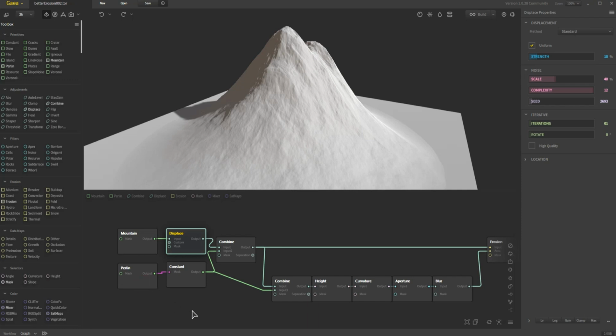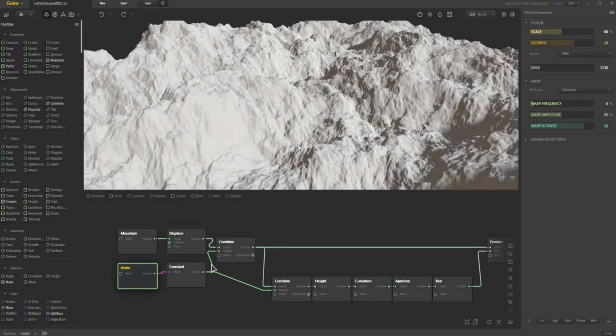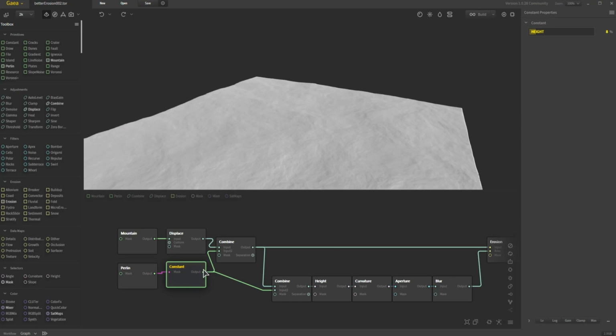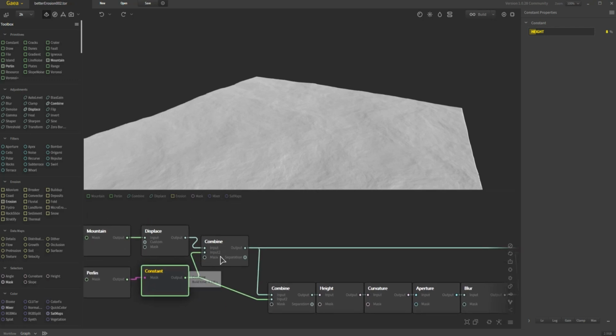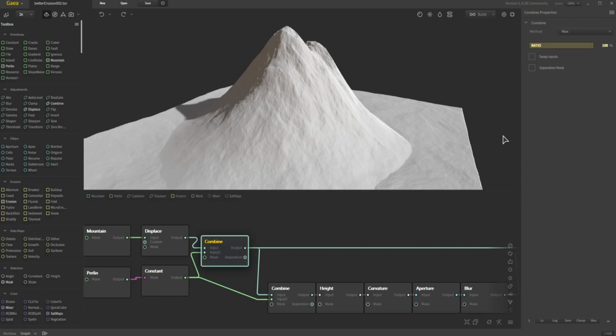And in this particular case, I've gone ahead and taken a Perlin, and I could have just shortened it here, but occasionally I like to just use a constant node. Just to remind people that this can be used to control height, and plug that in and set the height there, and combining them, set to max, we can see the two of them. So we get the full height of one and the full height of the other, and a seam, of course,